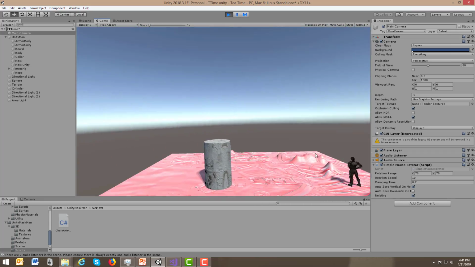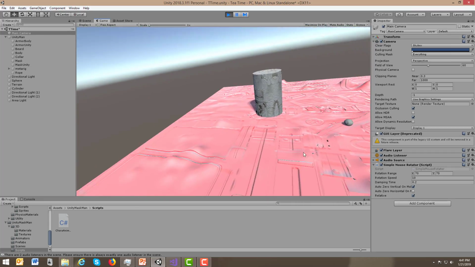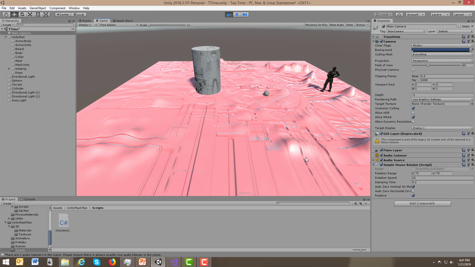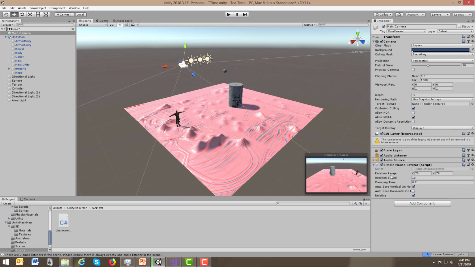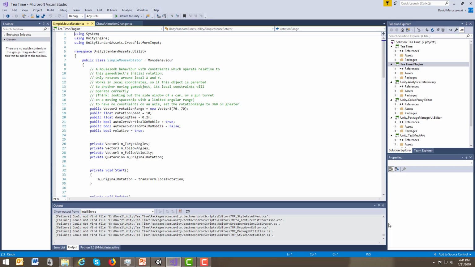Now it feels a little drunk, right? It's a little scary. Some of that might be the size of your environment. Some of that might be that you have to go in and change the script. Just because you're not writing the script doesn't mean you're necessarily done. So let's go ahead and jump into the script. First off, let me get out of play mode, and I am going to double click into the simple